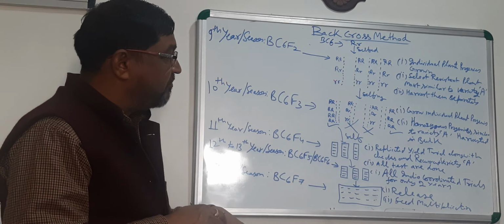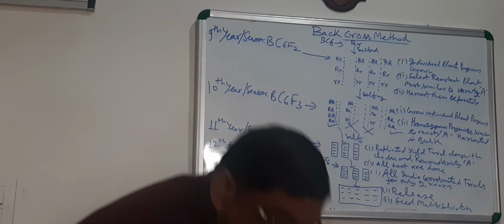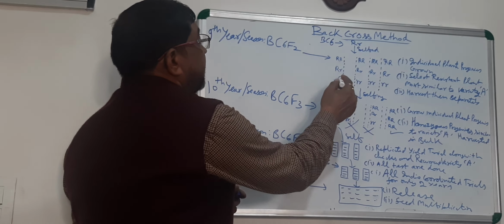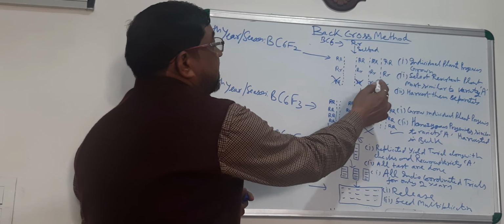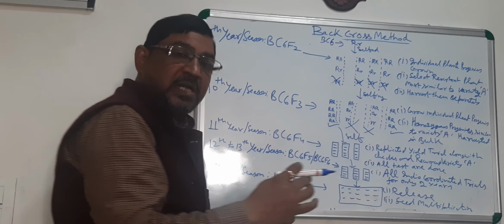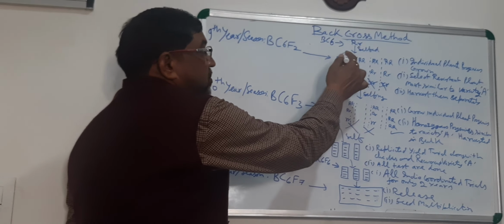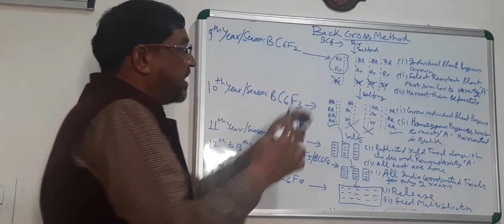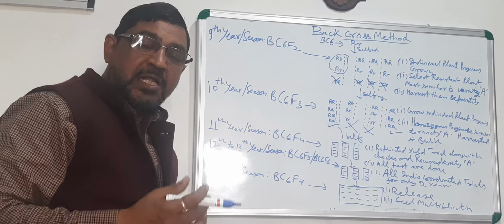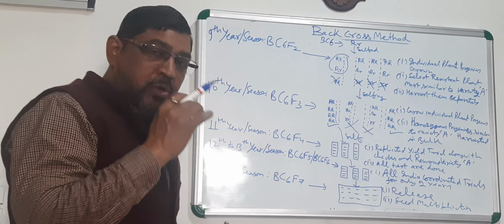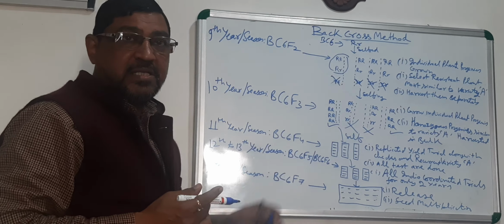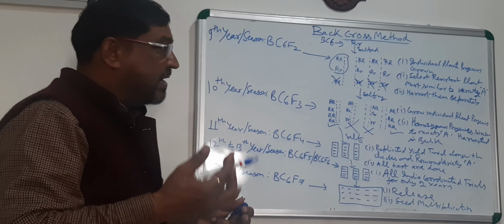You are rejecting all these, of course, by testing the resistance. You are going to discard them, but you are unable to differentiate between these, because capital R, small r is also resistant, and capital R is also resistant. So you don't bother about that.